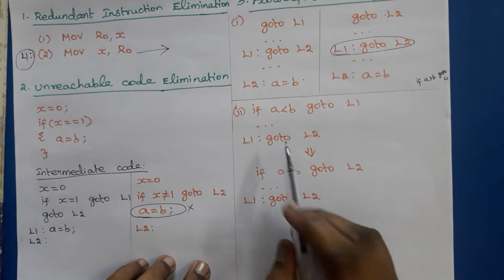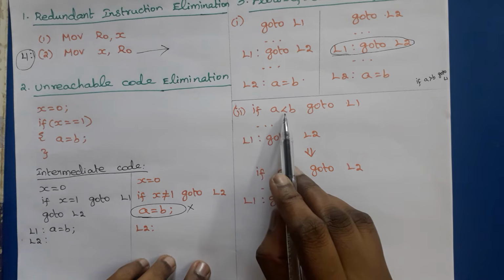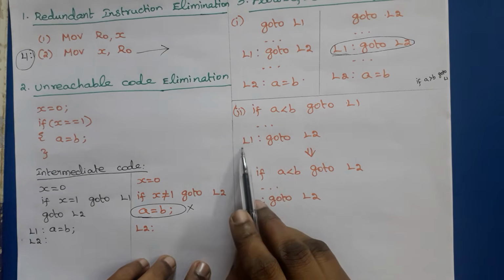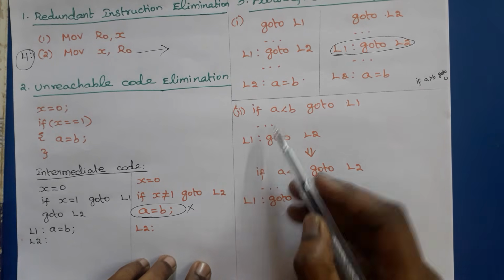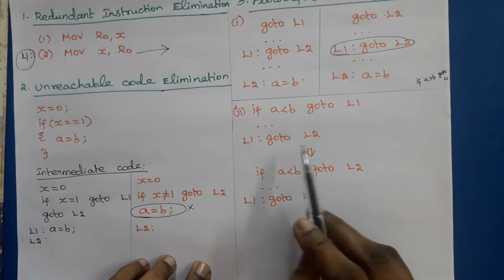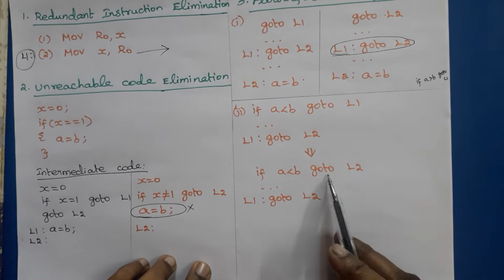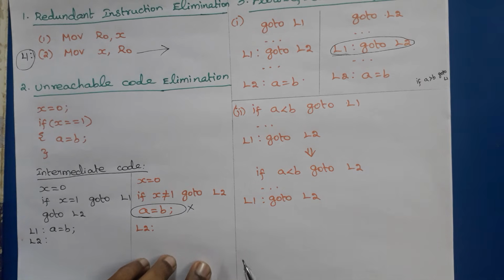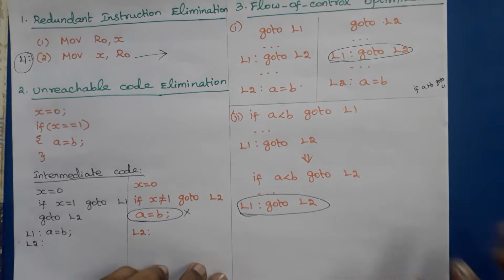intermediate code representation. Then the second example, here conditional jump is involved. So here if A less than B, go to L1, jump to L1 is performed. Again go to L2 is written over here. Consider these two statements: if A less than B, go to L1, again go to L2. So instead of these two jumps, here itself we can write L2. So if A less than B, go to L2, so directly jump to label 2 is performed. Same as the previous program, if this statement is not the target of any other statement, then we can remove this statement. Otherwise we cannot remove this statement.